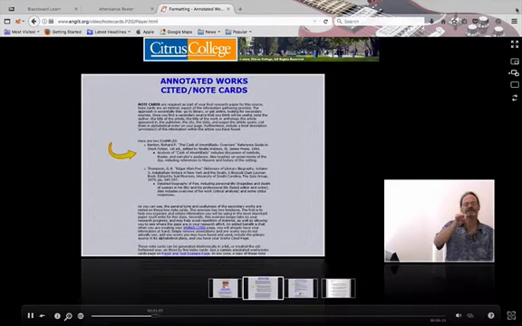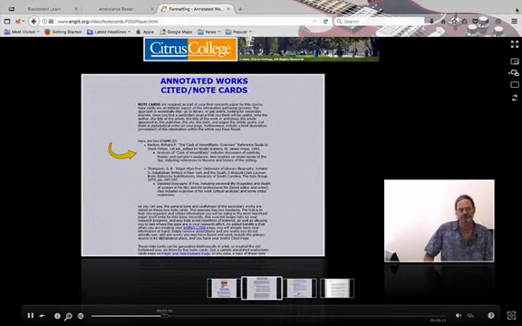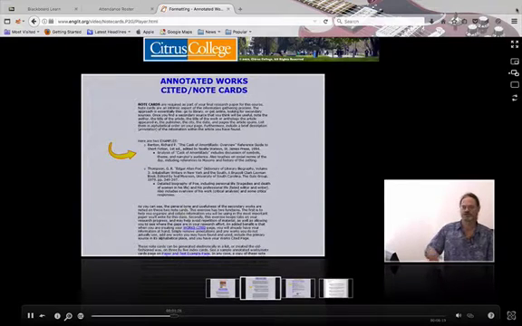What you're going to do for me is similar, except I don't need the 3x5 cards from you. Instead, you're going to get online, or go to the library itself, and get into the databases, and gather for me 10 resources that are relevant for the paper that you're working on. For English 101, this is the final paper, and therefore you're going to look up The Yellow Wallpaper or Sonny's Blues or something like that